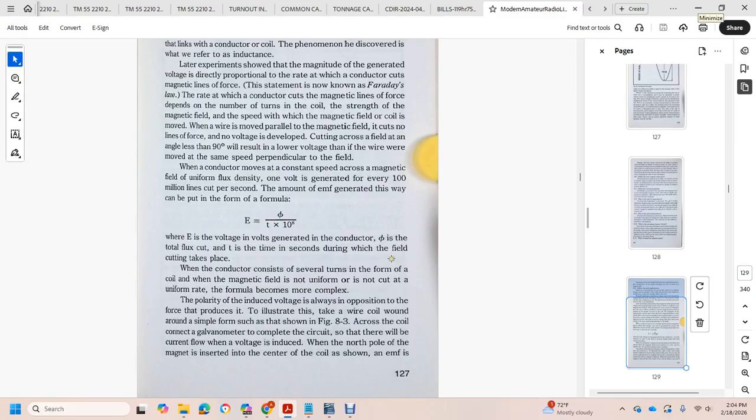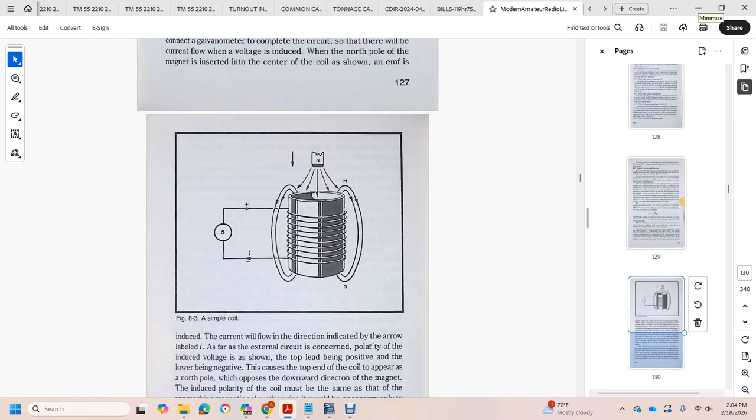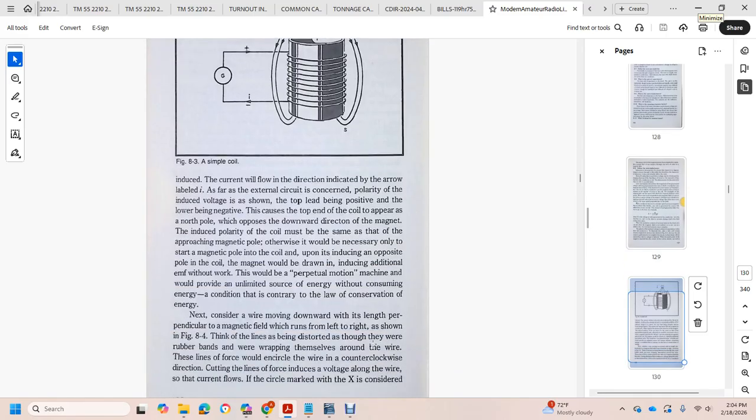The polarity of the induced voltage always opposes the force that produces it, as illustrated with the direction of the wire wound around the coil. The simple formula is also shown in figure 8.3. Across the coil, connect a galvanometer to complete the circuit so that current can flow. Due to the north pole of the magnet over the center of the coil, the induced voltage is shown with the EMF, and the current will flow in the direction indicated by the arrow